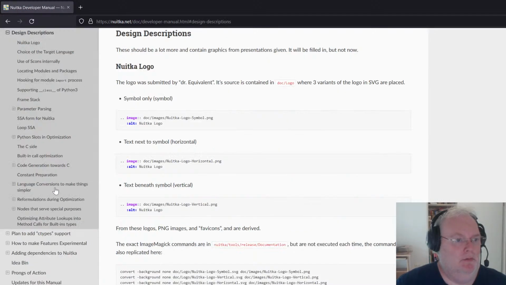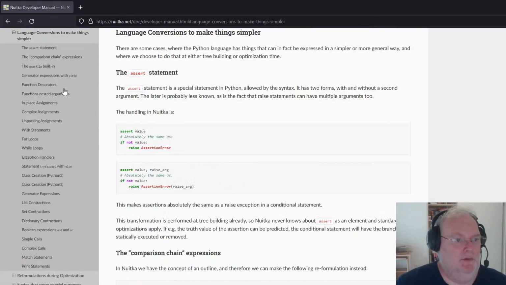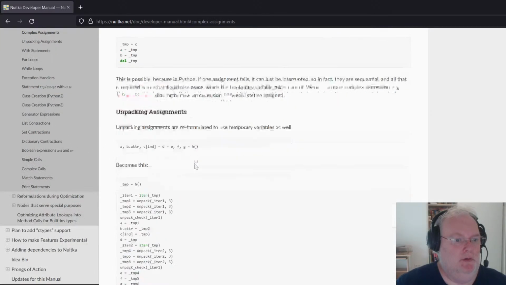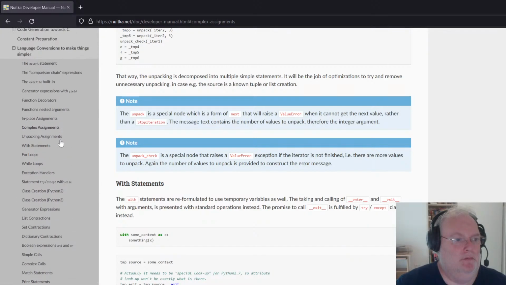Is this reformulations? Yeah. Optimization. No, that's actually to make things simpler. But they may actually make complex assignments become this and so on. Oh, the free assignment expressions. Are they even here?